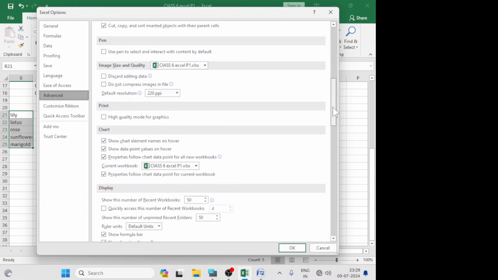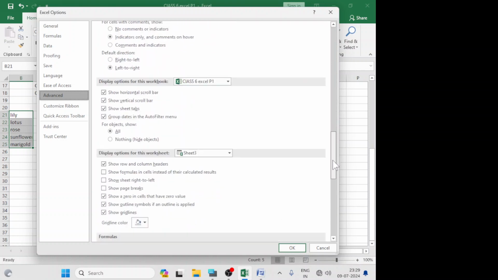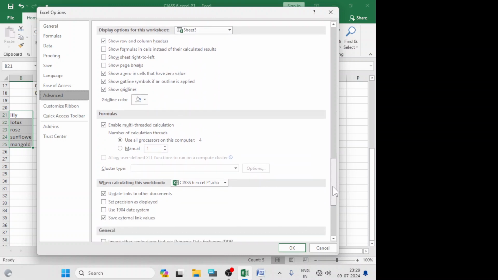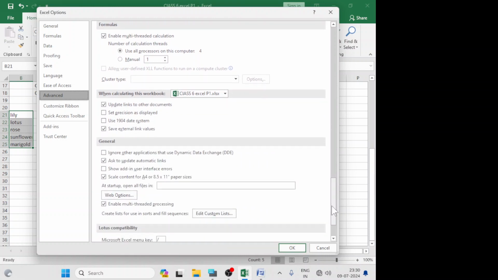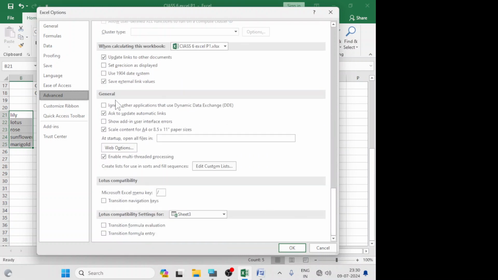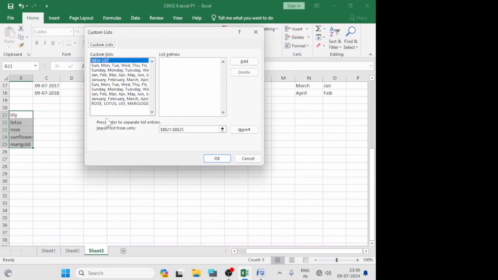You have to come down. In the General tab, under General, you will get one option, Edit Custom Lists. Click here. Now you see, click on the Add button.